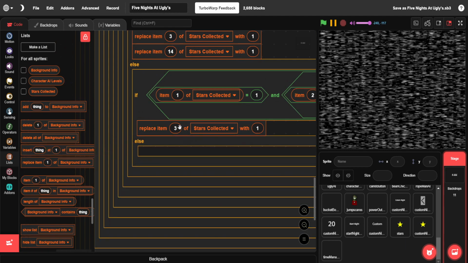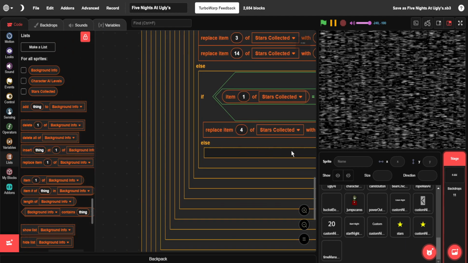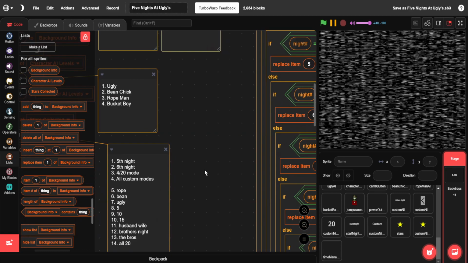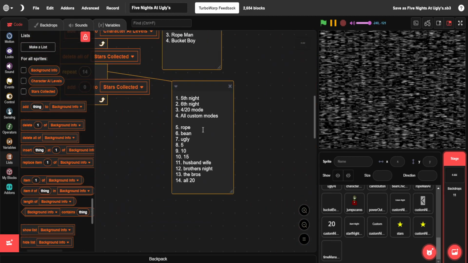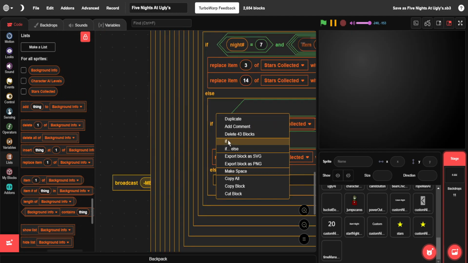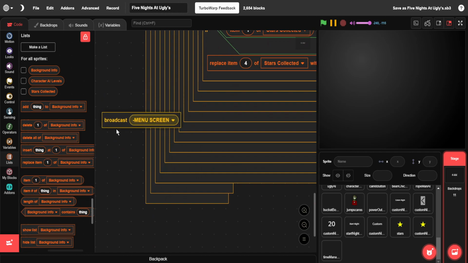Then what you need to do is replace item 4 of stars collected with 1. Because if we look, 4 is all custom modes, which is really just having everything unlocked, right? Every star unlocked, you get an extra star. Set this final if else to just an if, and make sure you put your broadcast menu screen back underneath